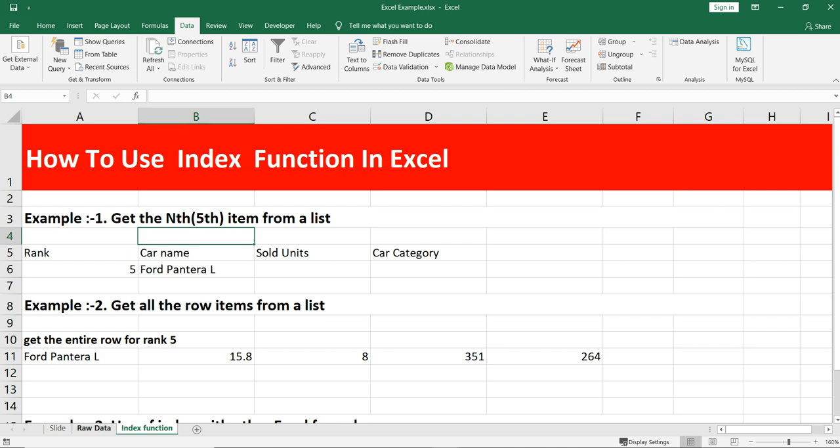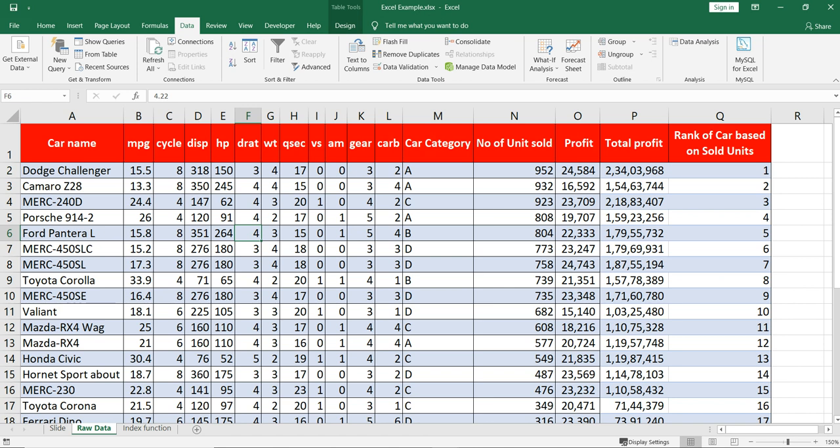So let's go to our raw data and look at the definition that Microsoft Excel gives for the INDEX function: it returns the value based on the intersection of a row and a column. Suppose you want the fifth item of the sixth row, how would you get that?